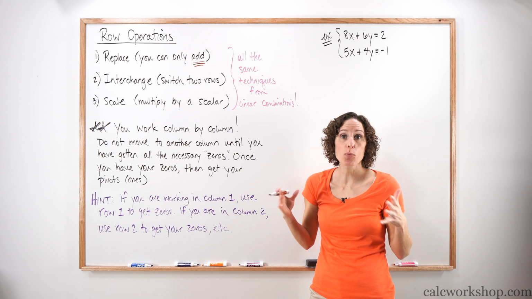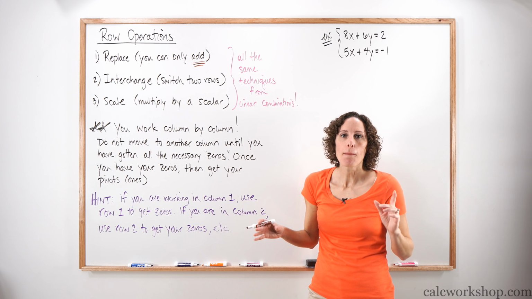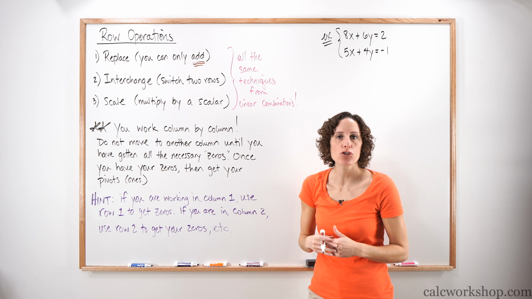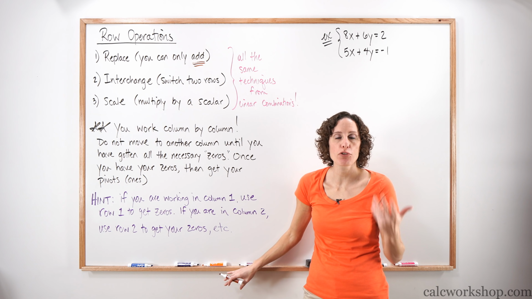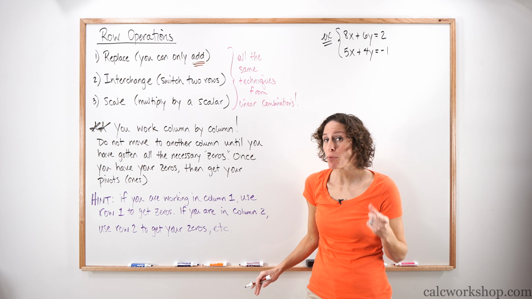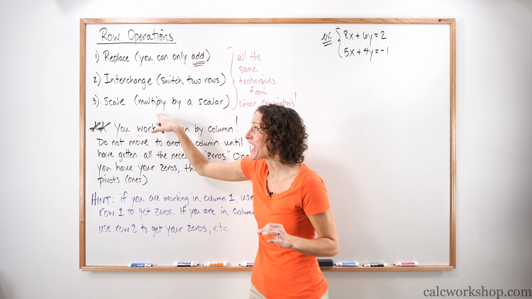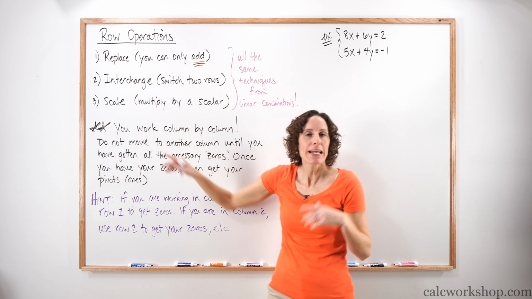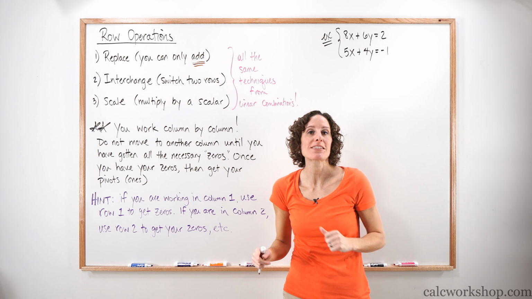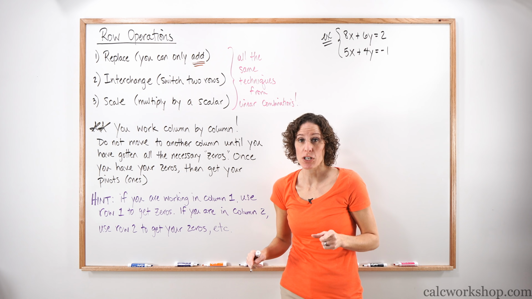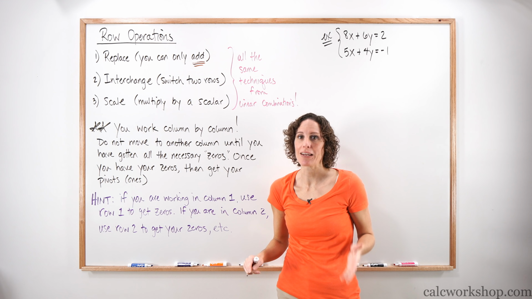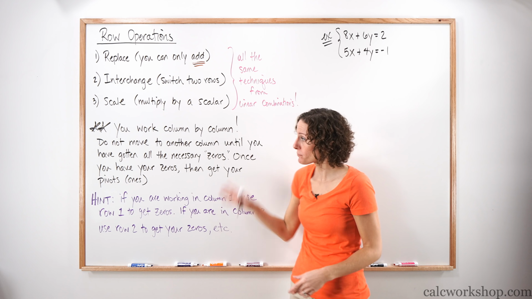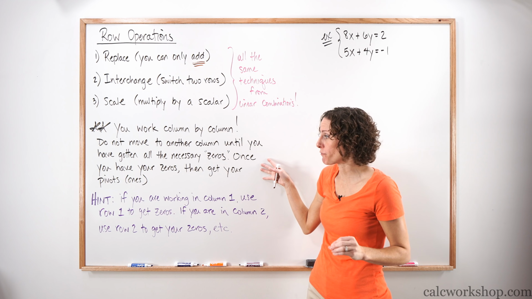So pivots, yes, we know they're pivotal to our answer, but it's a lot easier to take any number and reduce it down to a 1. If I have the number 3, I can multiply 3 by 1/3. I can scale, and that 3 times 1/3 becomes a 1. It's a lot easier to get a 1 than it is to get a 0. So the first thing we're going to do is get all of our zeros that we need, and then the second thing we'll do is to get our pivots by scaling. So that's really, really important for us.